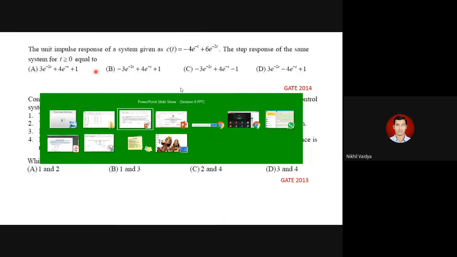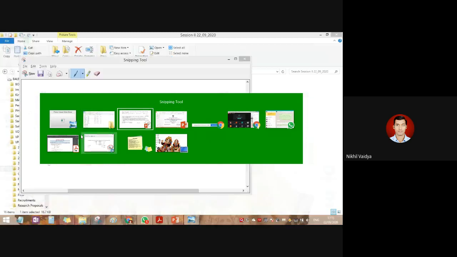Now we had seen the impulse response. What is the impulse response? It is a straight line going along the y-axis towards infinity, having an arrow at the end, and its value is given by r of t is equal to delta t. Its Laplace transform, R of s, for the impulse is equal to 1. I will just show you the notes directly so that you can relate it.